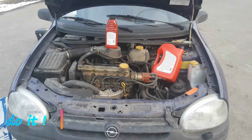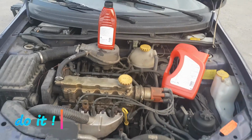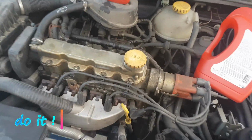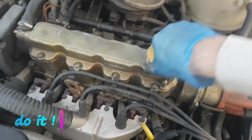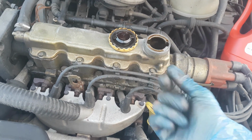Hey guys, in this video I'm gonna show you how to change the oil and the oil filter on an Opel Corsa from 1995. On this car it is very simple. I'm going to open the oil cap to allow the air to flow in while I open the drain bolt from the bottom. And the drain bolt is located